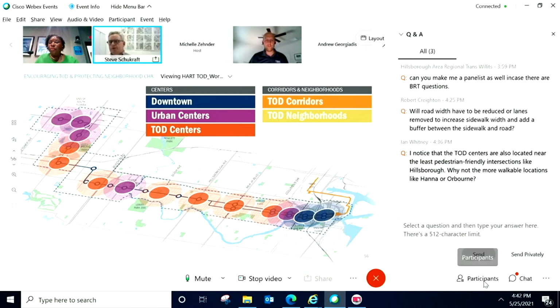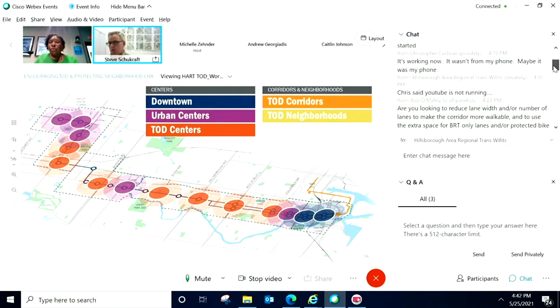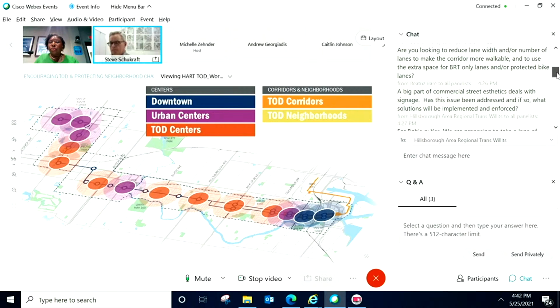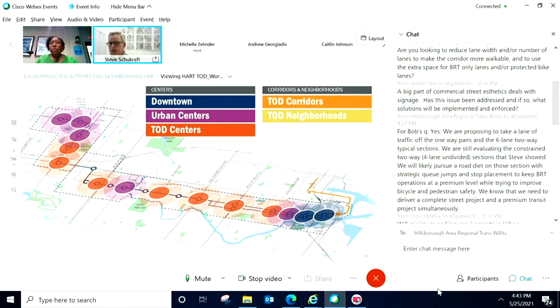So we're going through this exercise now where we're looking at it. We're working with HART's team to try to understand the optimal location for the transit stop, and we're trying to align that with the specific definition for the center. So I'll take the example that is mentioned in the comment about Hillsborough. Hillsborough is not a great place for walking. It's not a nice environment. There's a lot of high-speed crossing traffic at that location. As we're looking at it now, we're looking at shifting that center location that's shown on the map now to the south, and we're working with HART to think about the optimal locations for the stops. So that question is a factor that we're addressing now as we're looking at it in more detail.